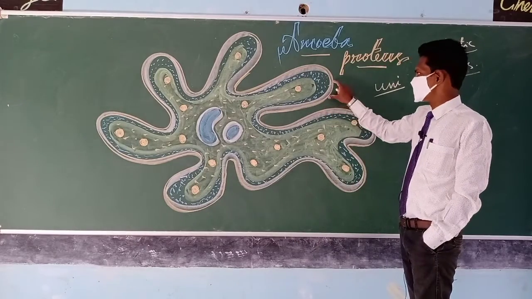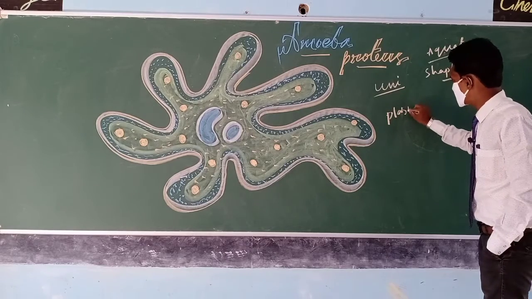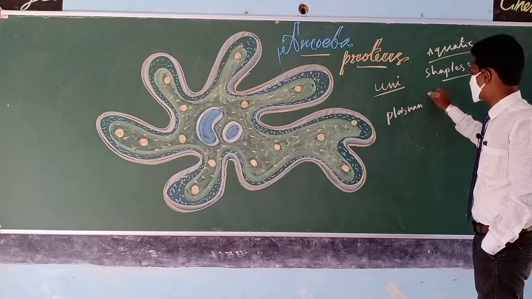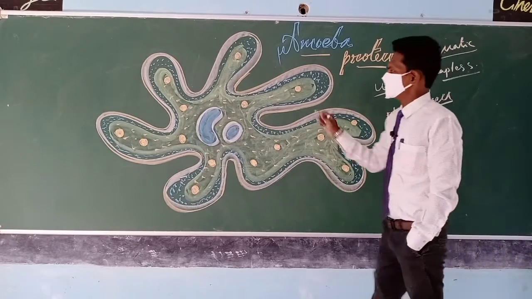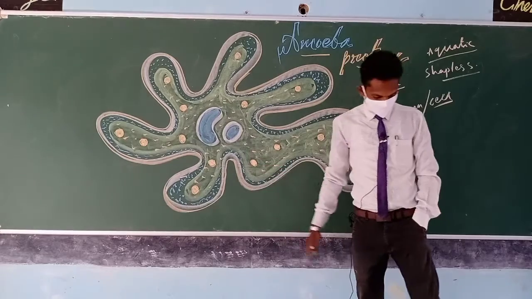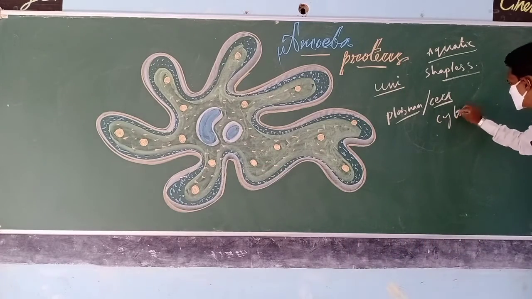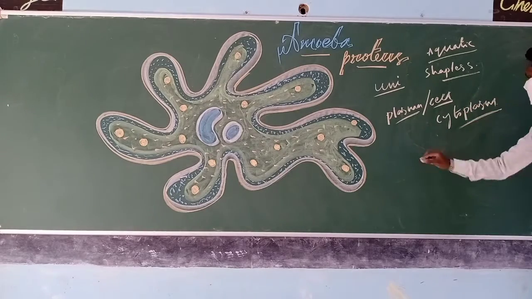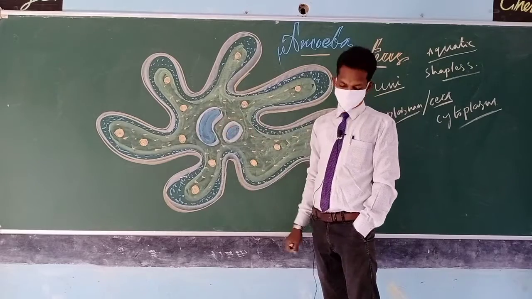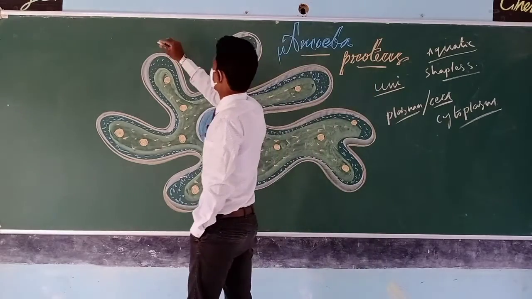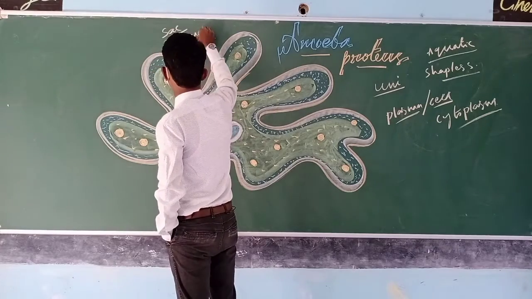Amoeba is made by the plasma membrane, which is also called the cell membrane, and the entire cell of the amoeba is filled by a jelly-like substance known as cytoplasm. Inside the cytoplasm we can observe a bean-shaped structure that is an empty sac. Scientifically that sac is called a vacuole.